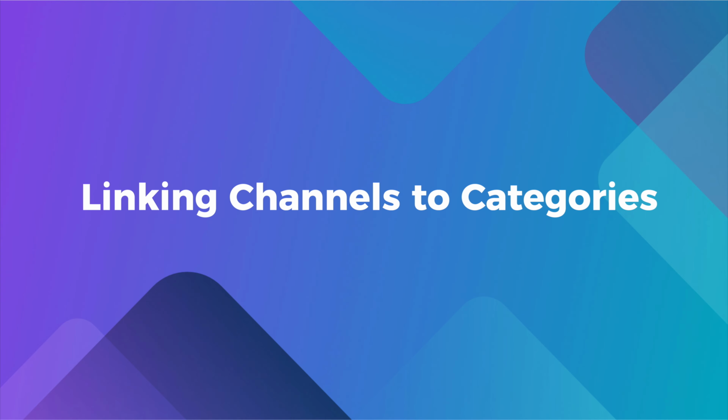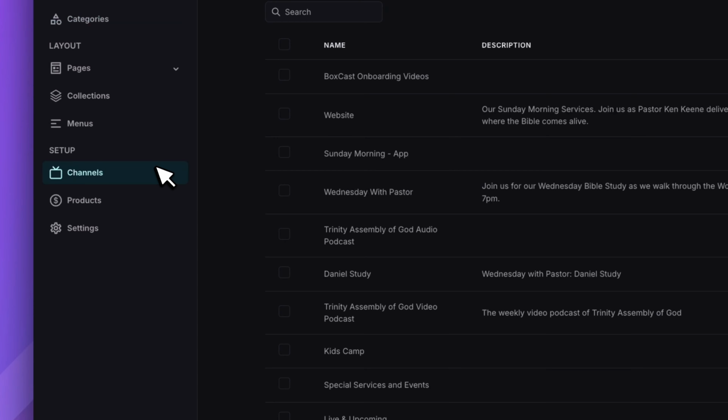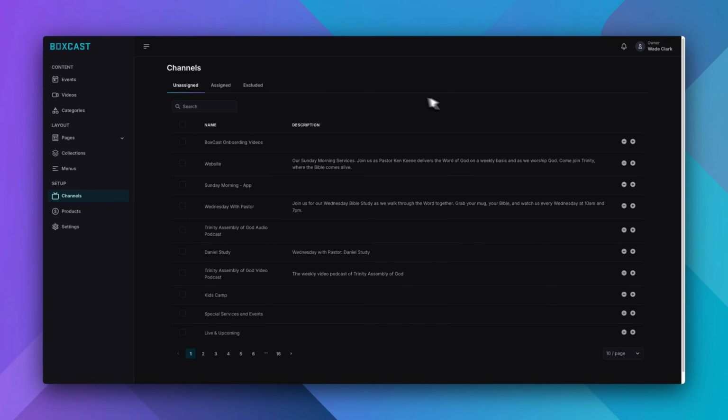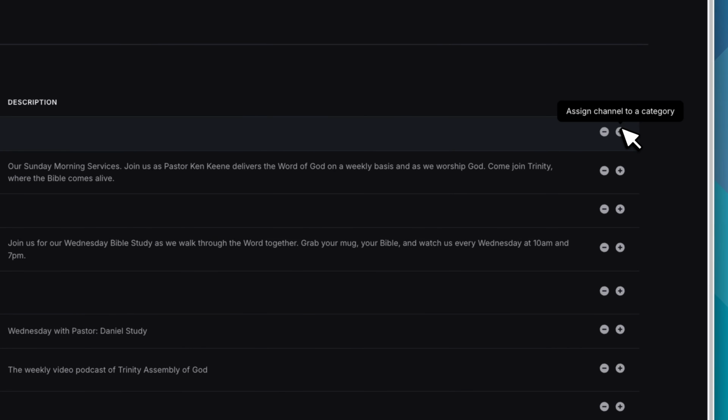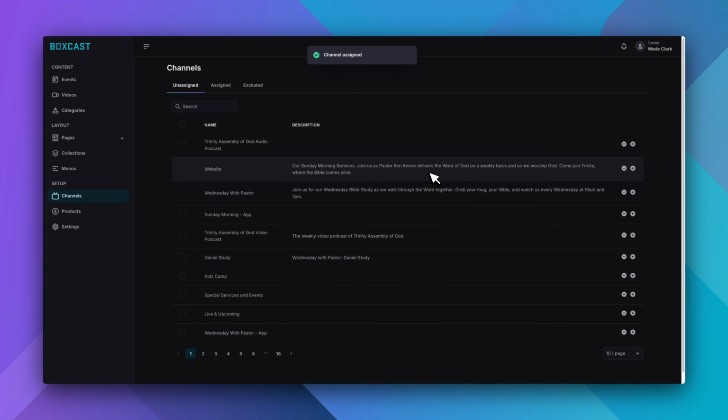With our onboarding category now created, the next step is to connect it to my corresponding onboarding channel from the BoxCast streaming dashboard. We'll do this by navigating to the Channels section and then assigning your specific BoxCast channel to the onboarding category. This will ensure that anything you live stream into that channel on the BoxCast side will automatically get categorized correctly